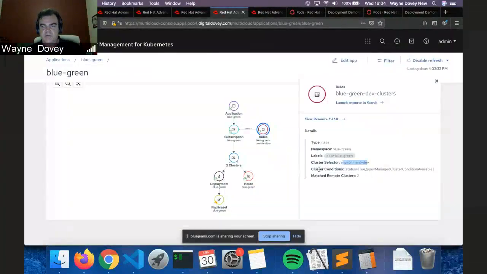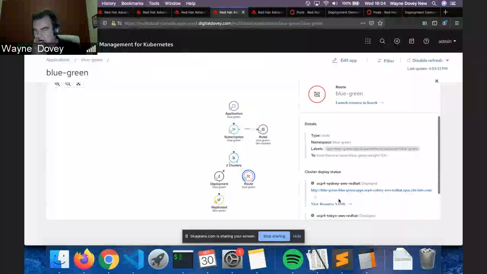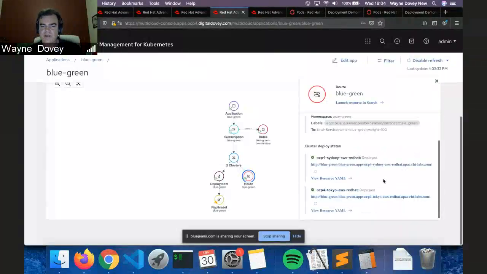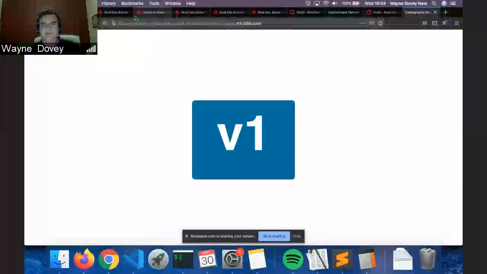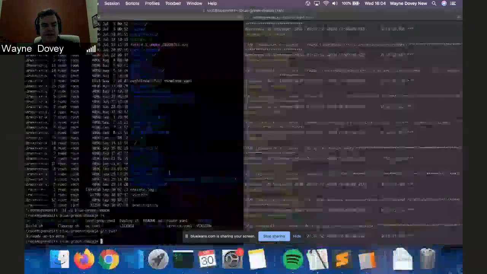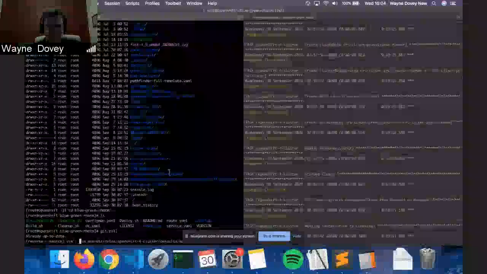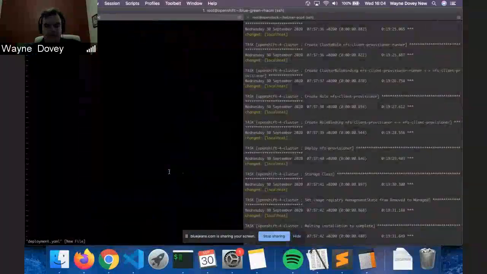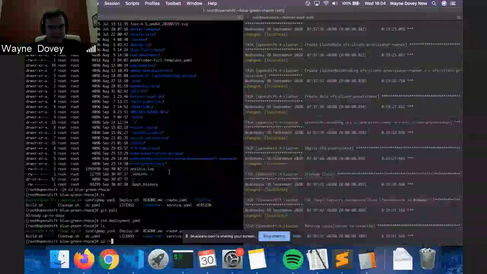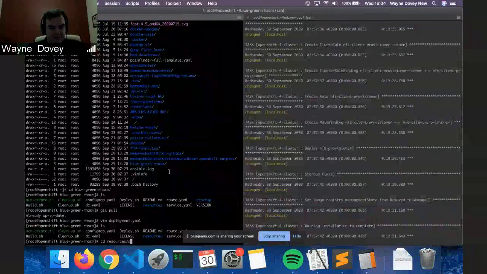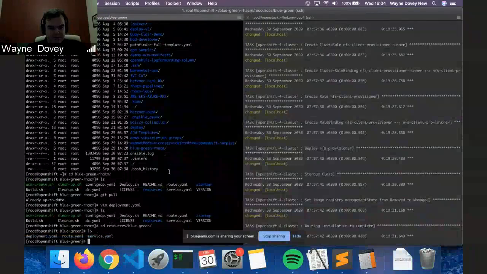So in this example application that I have deployed, we have a sample application running here, and you can see it's got a blue version 1 on both of the clusters. You'll see there are different URLs. What I'm going to do is modify the actual code in here, and make sure I'm in the right part. Under the resources piece, I will modify that deployment.